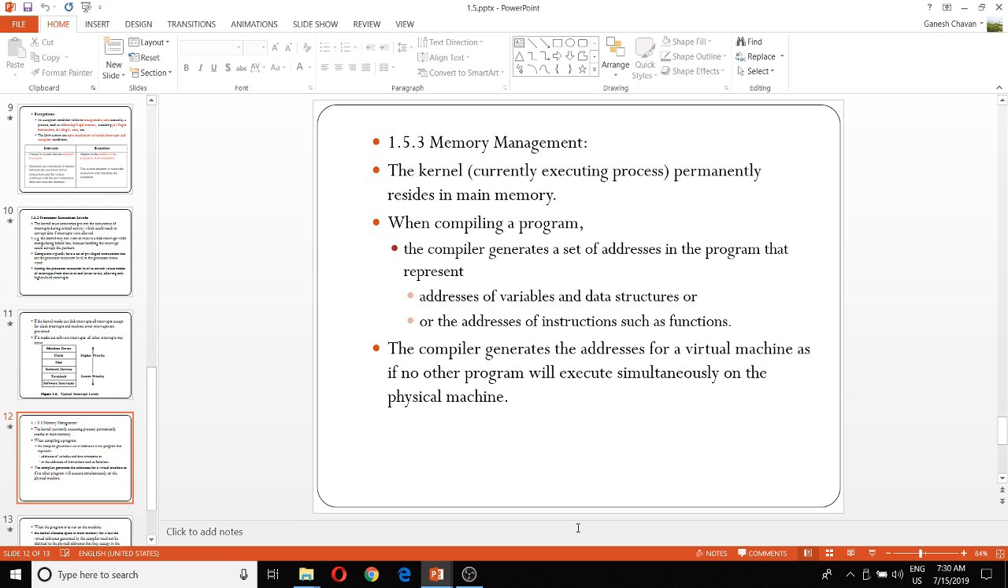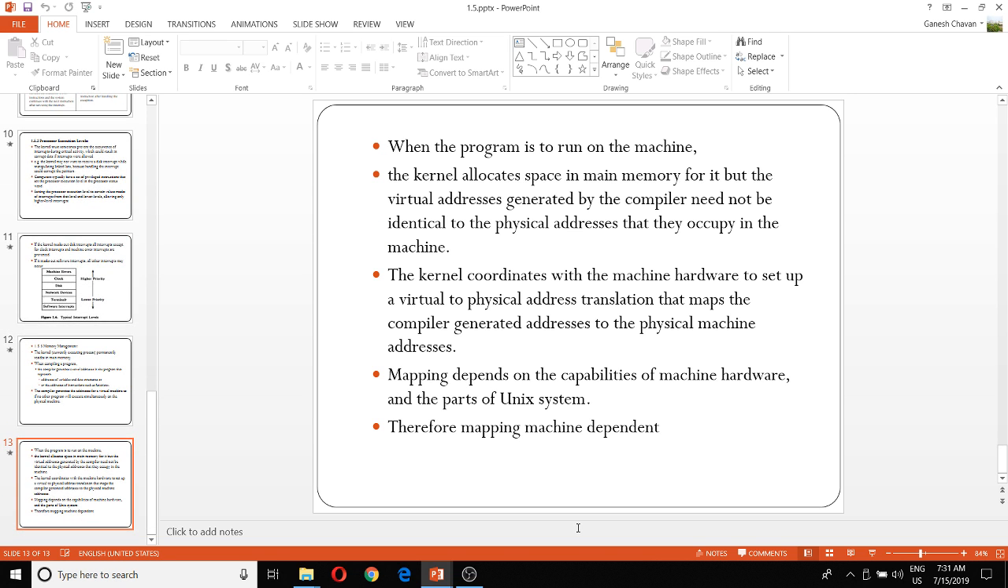Now let's understand memory management in short. The kernel and the currently executing process permanently reside in main memory, that is RAM. When compiling a program, the compiler generates a set of addresses in the program that represent addresses of variables and data structures or the addresses of instructions such as functions. The compiler generates the addresses for a virtual machine as if no other program will execute simultaneously on the physical machine. When the program is to run on the machine, the kernel allocates space in main memory for it, but